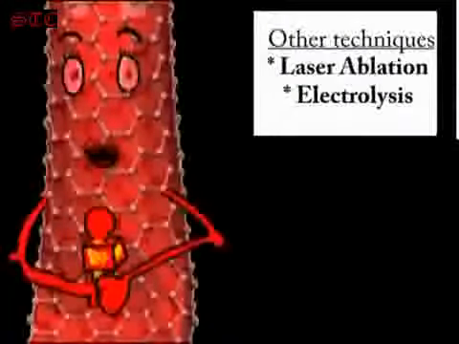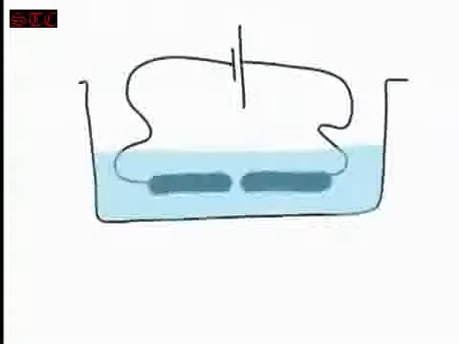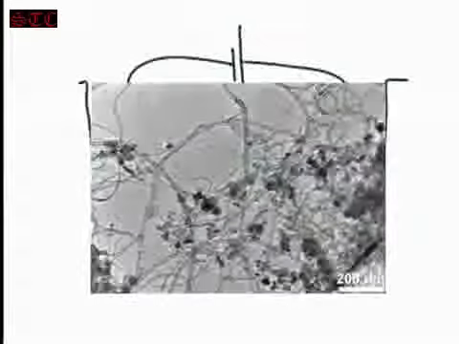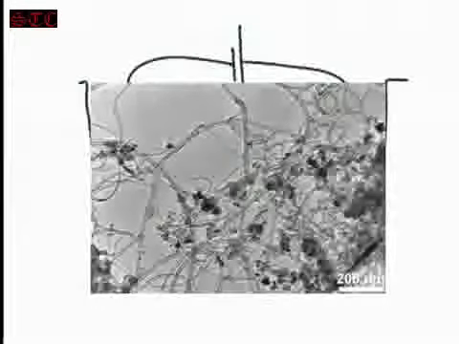This technique is in some ways similar to the arc discharge, because it also uses two graphite electrodes. But in this case the electrodes are immersed in molten ionic salts. With this technique only multi-walled nanotubes are produced. They have very few walls, 10 to 15, and are normally bundled together. As you can see, there are different techniques to produce carbon nanotubes, and each